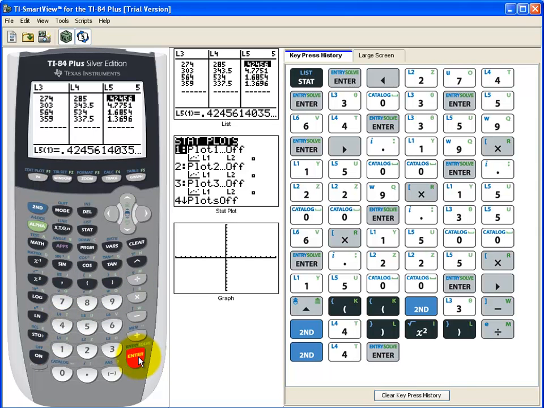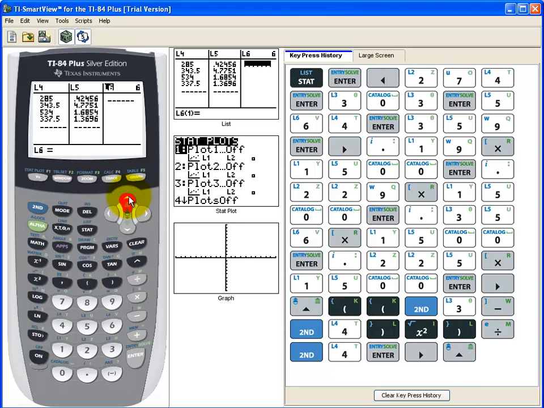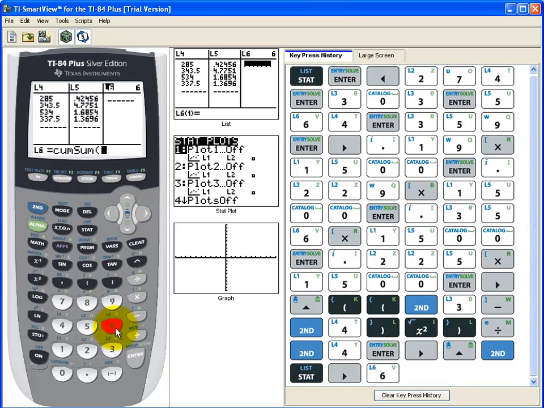And the list will populate automatically. And then the test statistic itself is constructed by taking a cum sum of list 5 there. So I'm going to go to second stat. It takes me to the list menu. I'll go to ops, and number 6 is a cum sum. So I'm going to take a cum sum of list 5, and that's going to